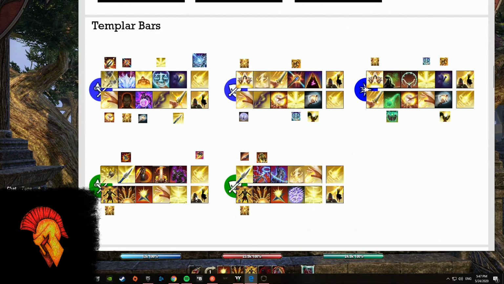So even as a stamina, being able to have that self heal and a group heal is going to definitely use better skill multi to reach your numbers and stuff. But those are kind of